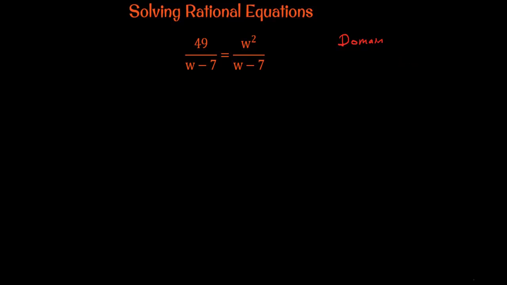If we remember our domains, we know that we can never have a zero in our denominator. So with the first term of our rational equation, we know w minus 7 cannot equal 0. Therefore, we add 7 on both sides, so w cannot equal 7. That's our first domain issue, and notice we have the same exact denominator in our second term. So the domain of this problem is w such that w cannot